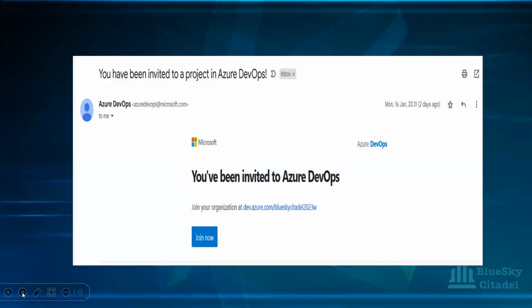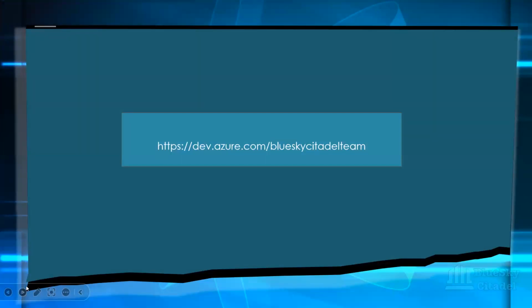So after that, okay, so earlier on I was talking about an invite that you will get. So this is normally the invite you will get in your email inbox. So you will get an invite like this. So if you're getting something like this, or you've received it already, all you need to do is just to click on the join now, and then follow, it is user friendly. You just follow the instruction as it goes along with the right details and all that, in order to be able to access the board. Okay, so just thought I would show us that, and that is the URL of the organization. So for those of you that have joined, this is the URL you will find